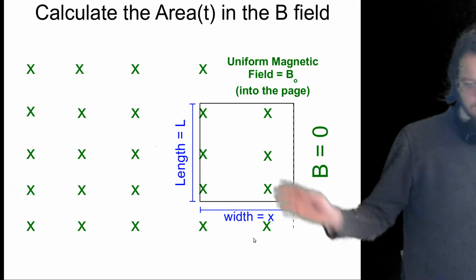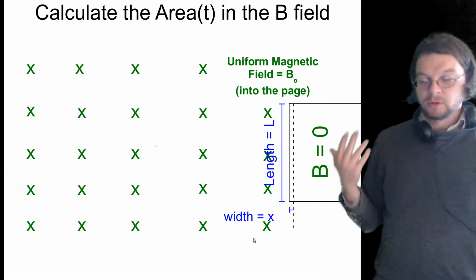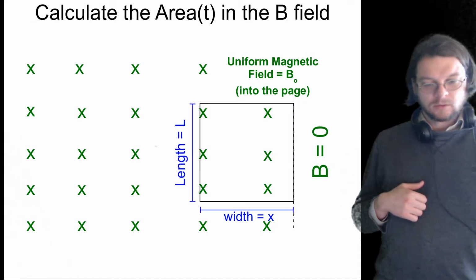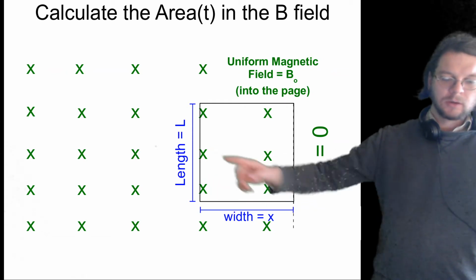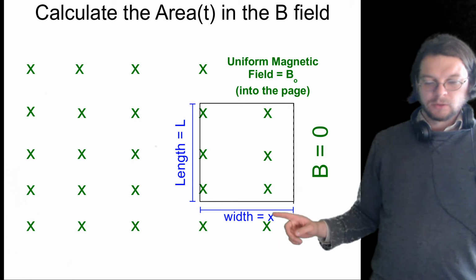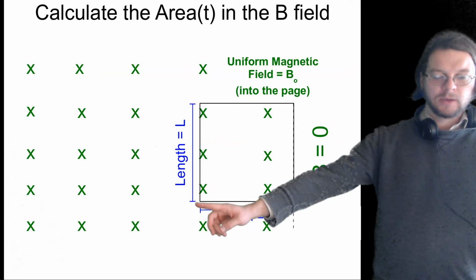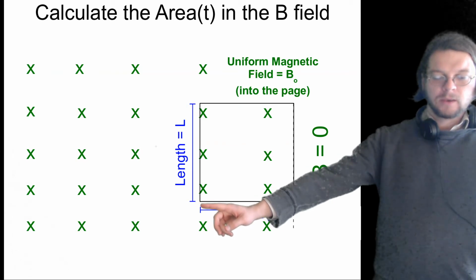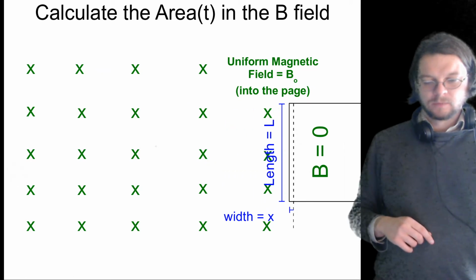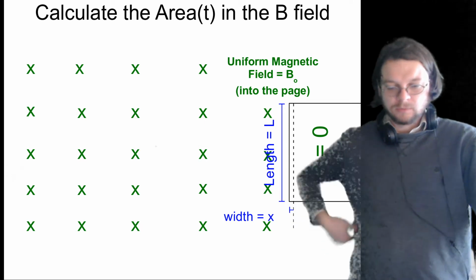Okay, so again, we talked about this earlier, the loop that's moving out of the magnetic field. What we're going to do now is be a little bit more quantitative about it. So we're going to say there's this length here, there's this width here. This width is x, and x is changing. I believe x is this edge here, and it's going to advance like that. And so we can write down equations for what this looks like and assume that this is happening with